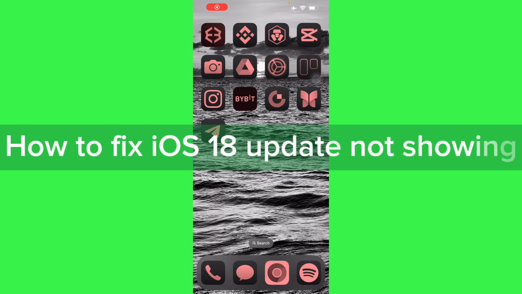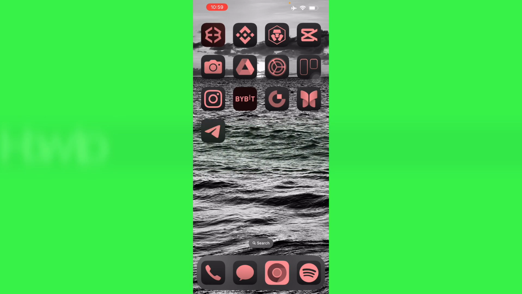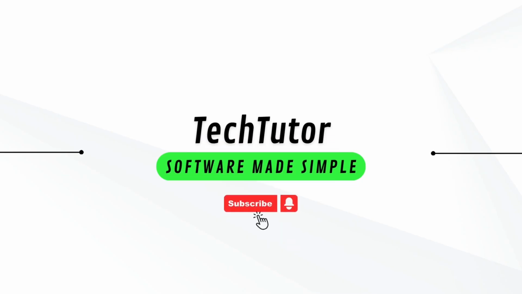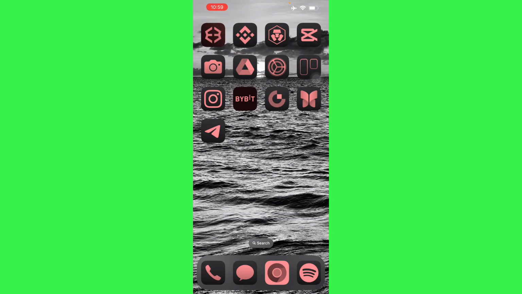Hello guys, in this video I'm going to show you how to fix update not showing in iOS 18 beta. So to do this is pretty simple. First, of course, you'll have to go to